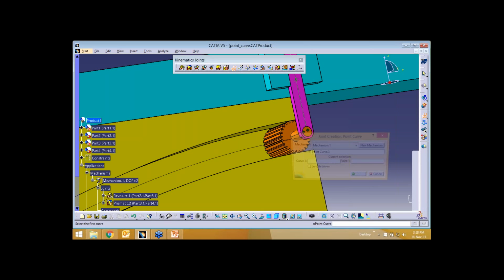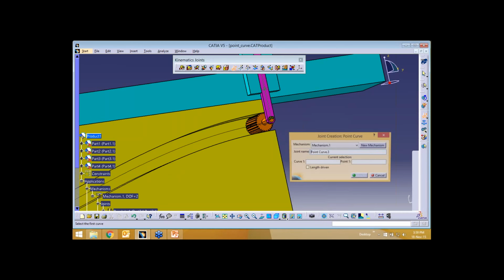I'll go for simulate mechanism, because there are two different things. It's rotating. Your yellow color thing is moving forward.